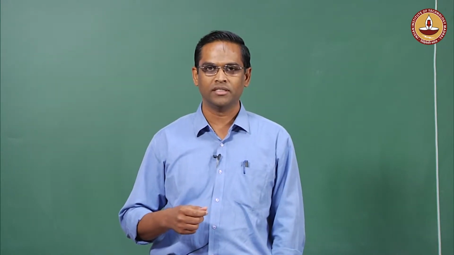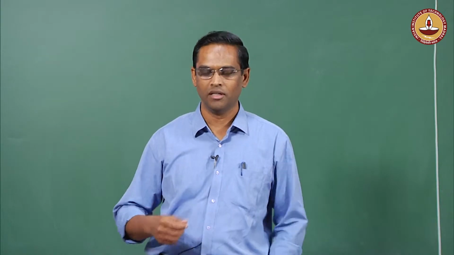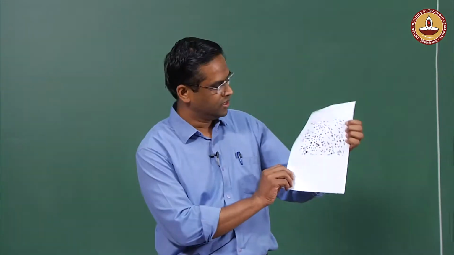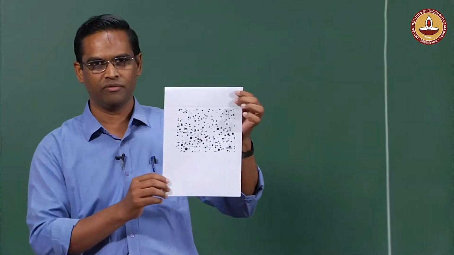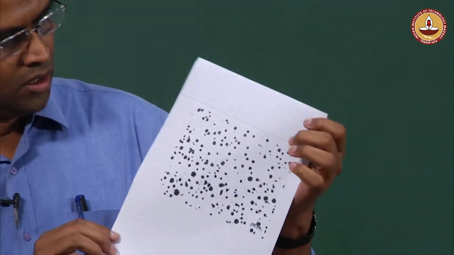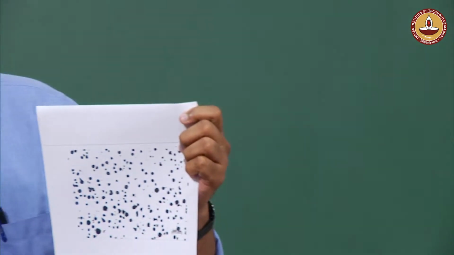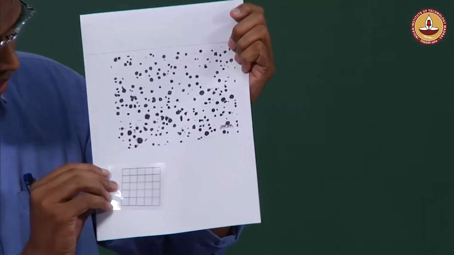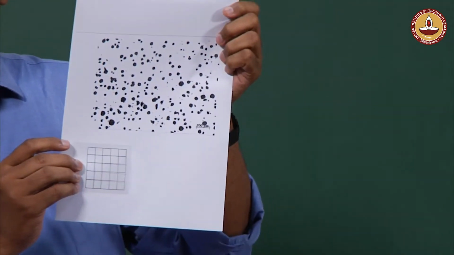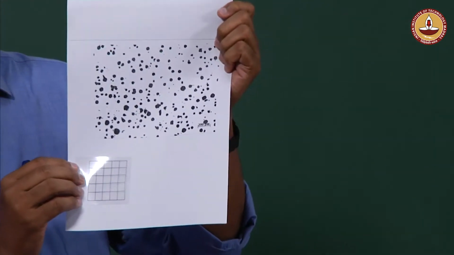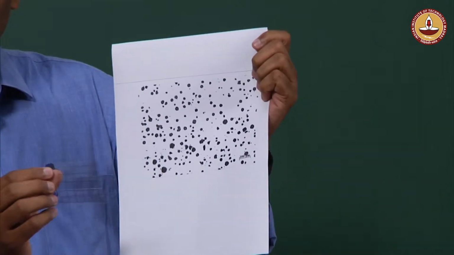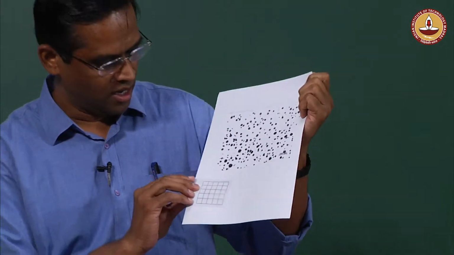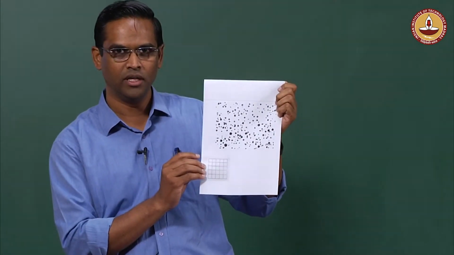What I am going to do is take the actual microstructure, which is of this nature. This is a microstructure of a cast iron. We are going to use a probe of this nature, which is a grid. Now I will demonstrate, using this probe, how to calculate the point fraction and how that is related to area